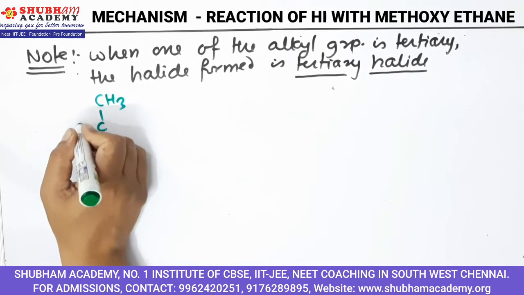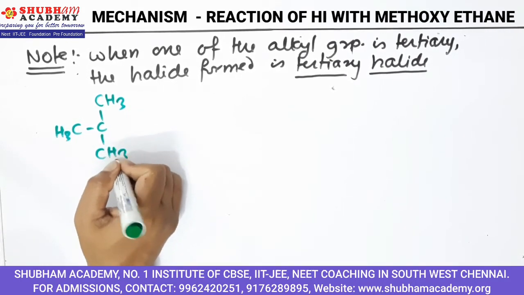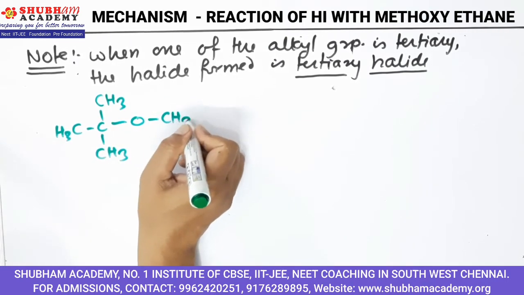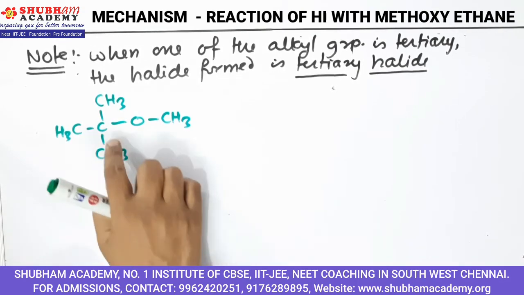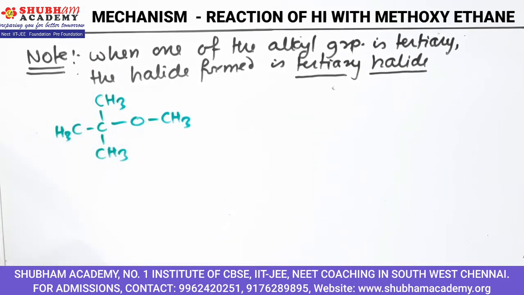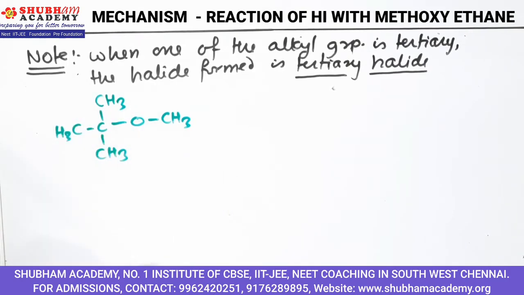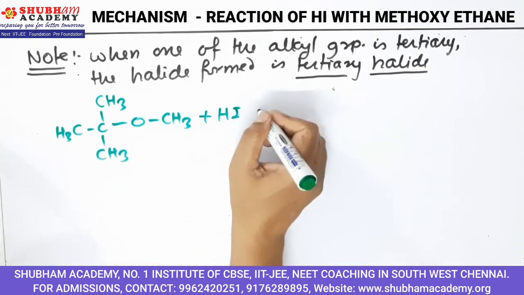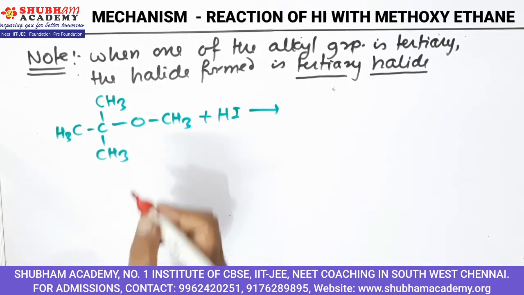CH3, CH3, CH3, O, CH3. This is a tertiary alkyl group, methyl tert butyl ether. When I am reacting this with HI, okay, so what will I get? See here,